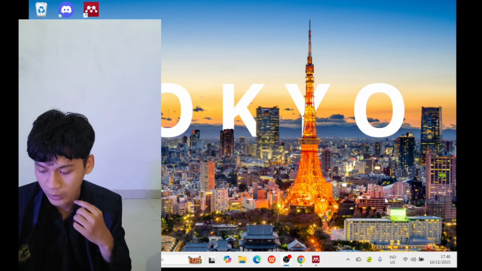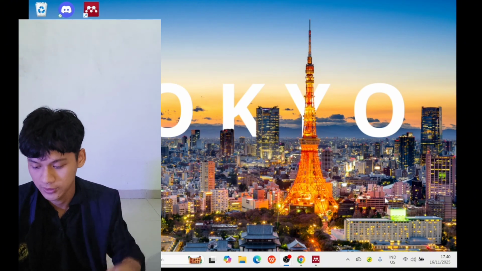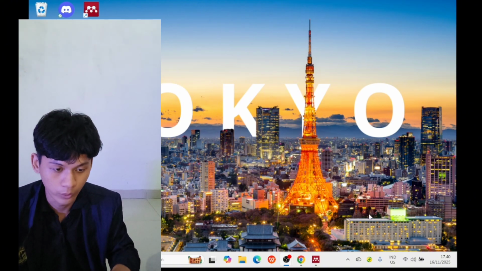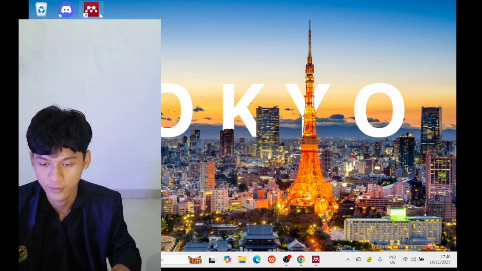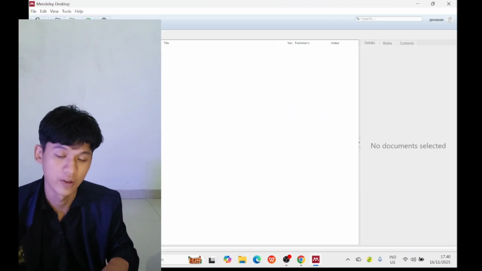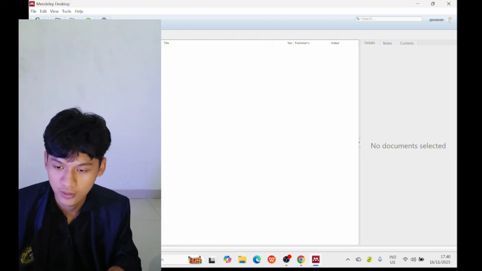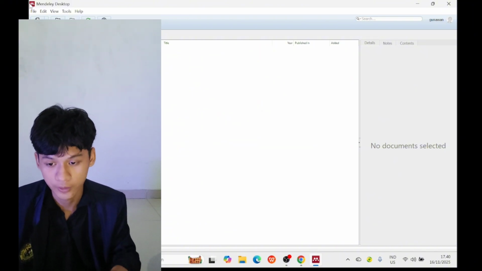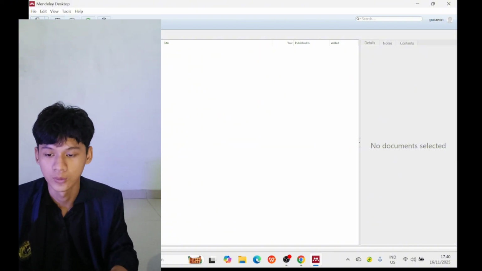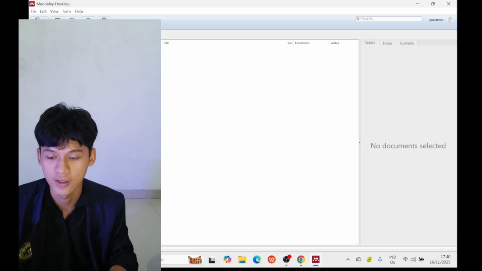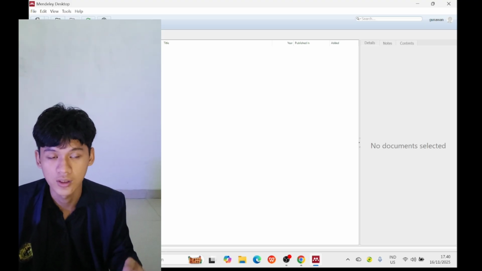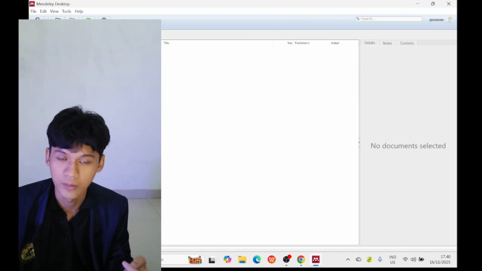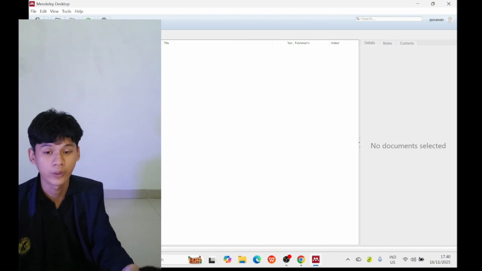Now I will explain the basics. First, I want you all to open Mendeley. Like you can see, there are many features, but I will tell you the basics. If you want to add a file, there are two ways: a very simple way and a very manual way.